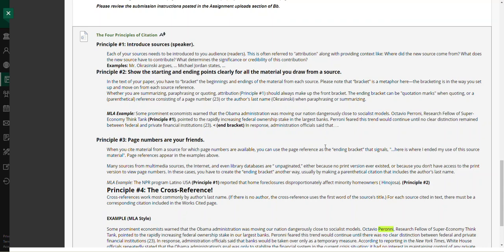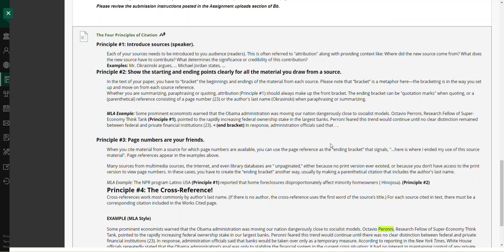I need to know who the speaker is. Where does it start? Nothing is worse than what I call a naked quote. All I see is a couple of quotation marks and then the quote, and I have to wait and figure out at the end if there is a reference, an in-text reference there. So you should always introduce your quotes. I give examples here on starting and ending points for your source material.